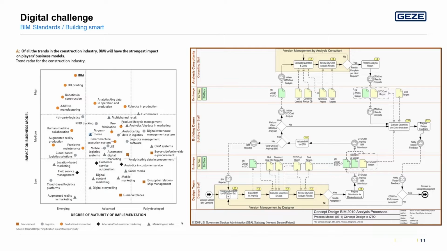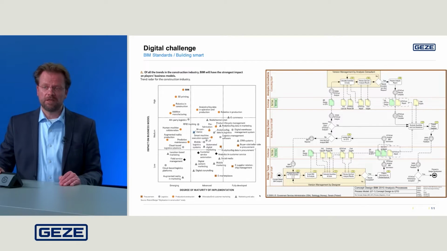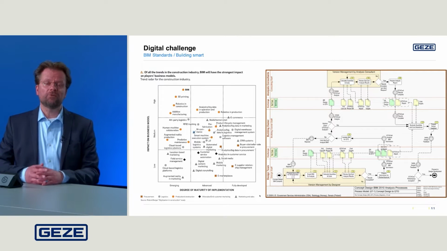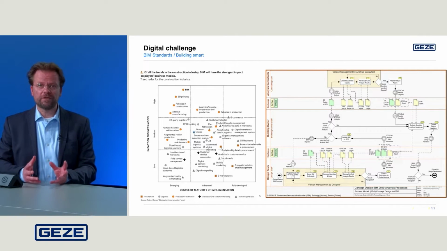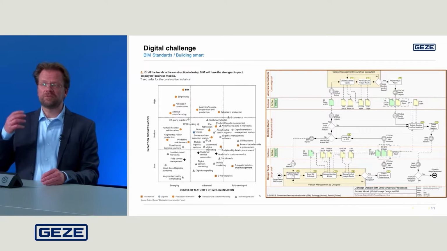If you have in mind that in every swim lane there is one team player, and one team player has to communicate with another team player on a certain amount of time and has to decide something. So this is just a picture of the process that is completely normal for us as an architect. So this swim lane diagram is just a guideline for us to keep in mind.